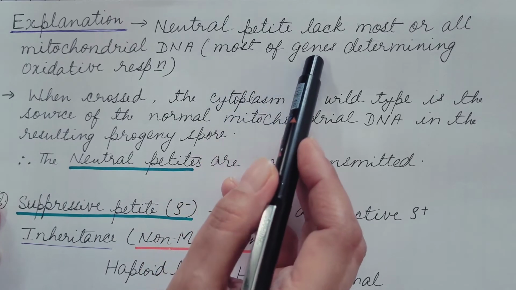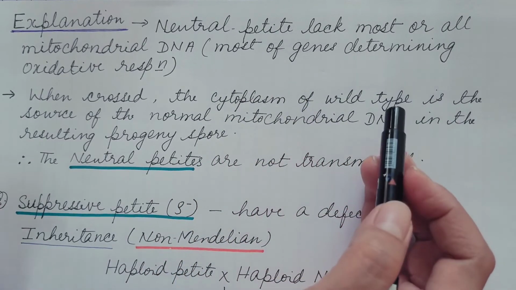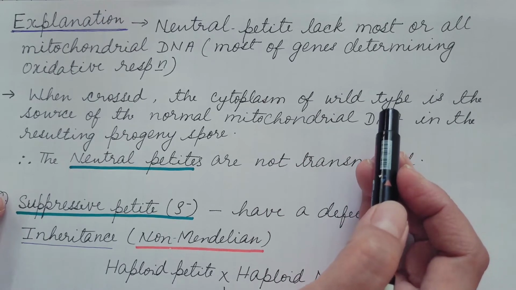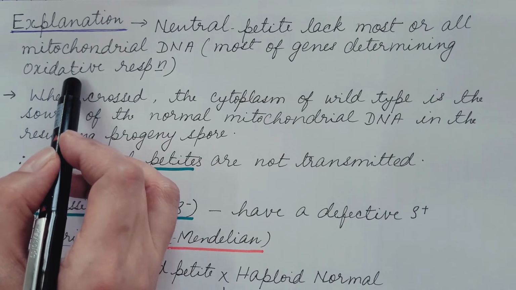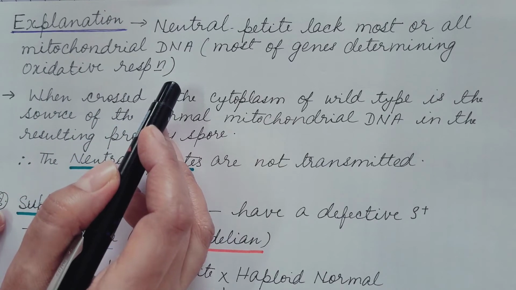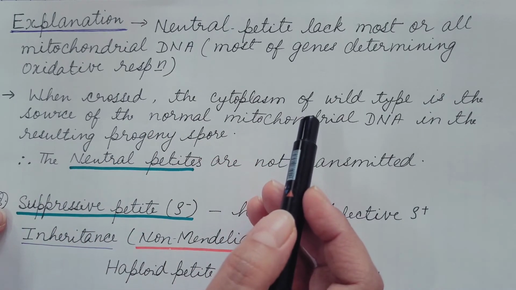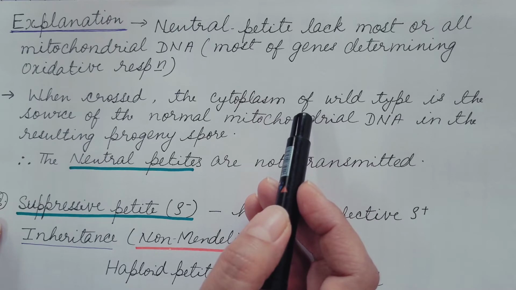So most of the genes which encode the electron transport protein involved in oxidative phosphorylation are lacking, and hence this is the cause of the defective mitochondria, which results in neutral